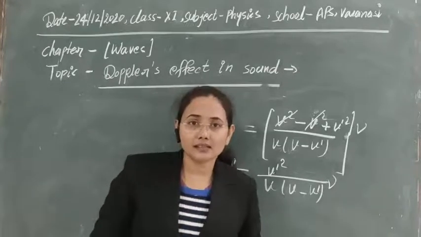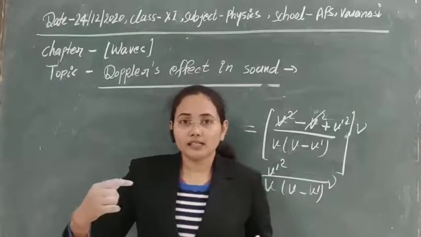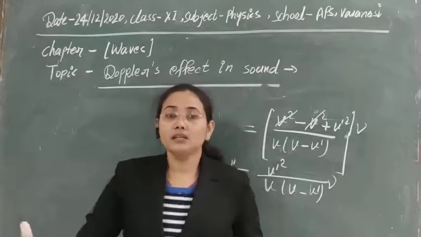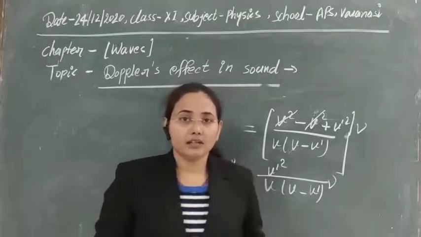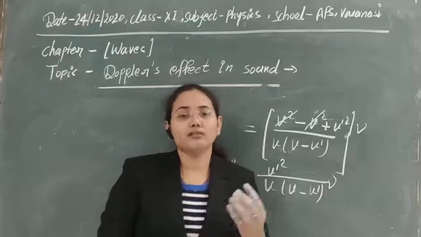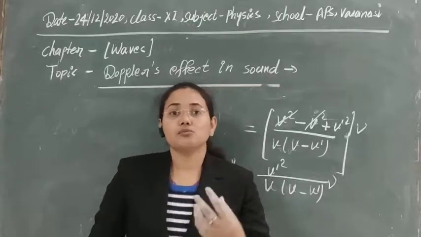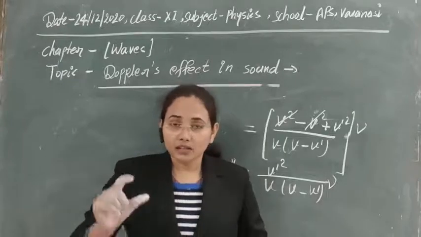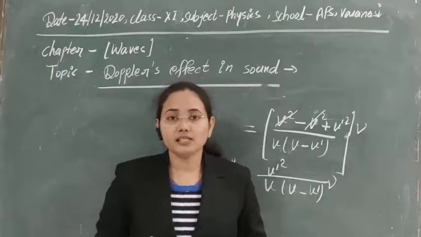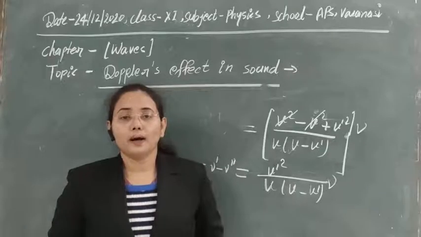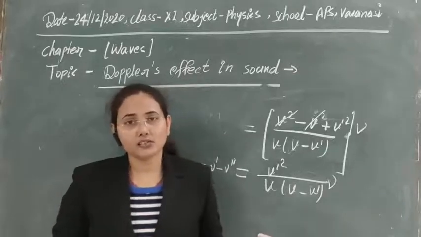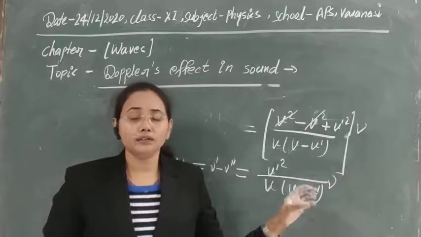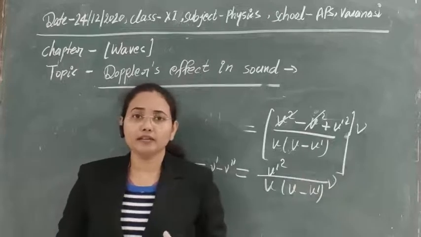catch insects. Whenever an insect is moving with a faster speed than the bat, the frequency heard by the bat will be less. But whenever the bat is moving with greater velocity, the frequency heard by it will be greater. So with the help of the change in frequency, the bat catches insects. So Doppler shifts are very helpful for them to get their food.